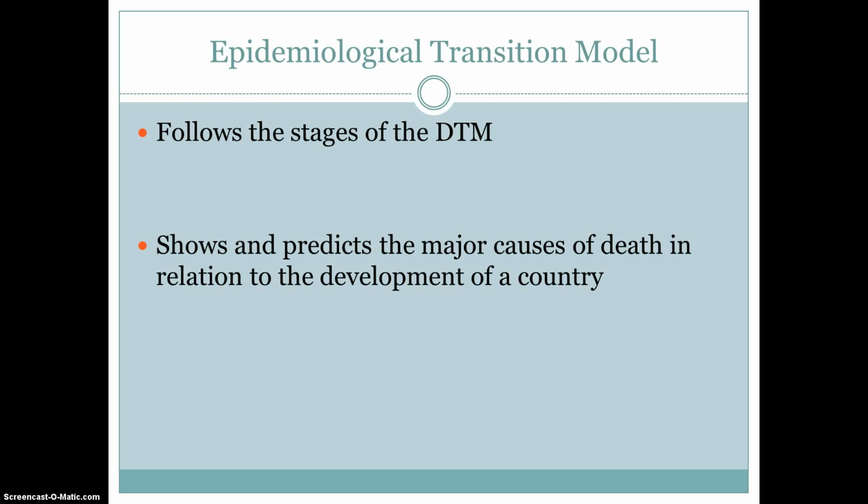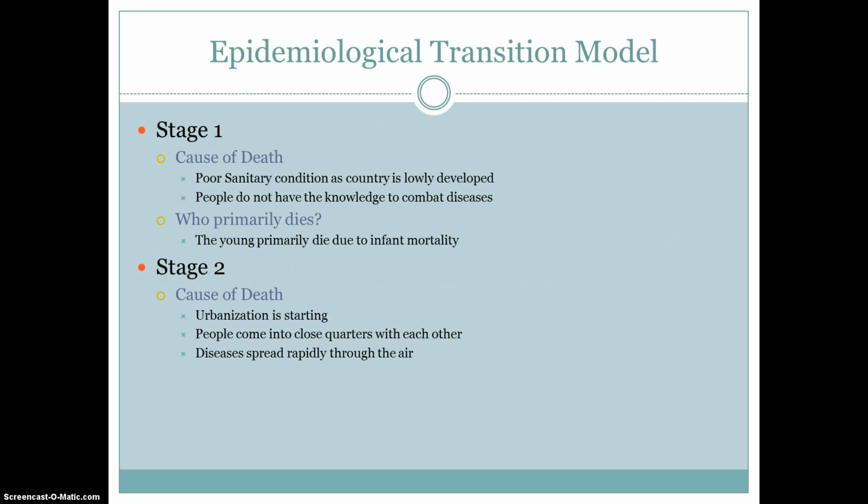The next model we're going to talk about is the epidemiological transition model. And as I said before, the epidemiological transition model follows the stages of the DTM. It uses the stages defined in the demographic transition model as a basis to show and predict the major causes of death in relation to the development of a country. If we look at this, stage 1,